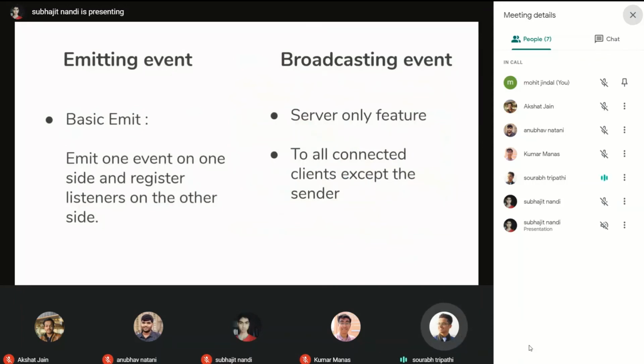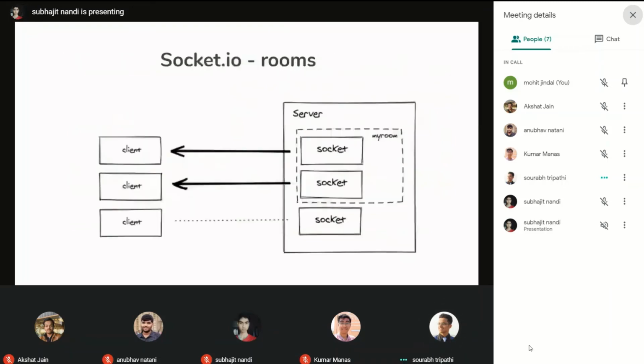In the broadcast method, first of all, this is a server-only feature, and the events are broadcast to all connected clients except for the sender. Socket.io also provides a feature called rooms, where each connected participant must have a unique room ID to collaborate. Now Akshat will take it on from here.